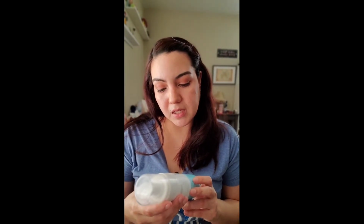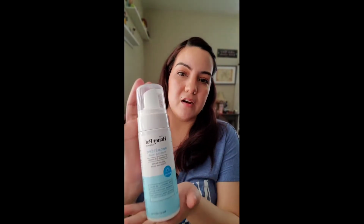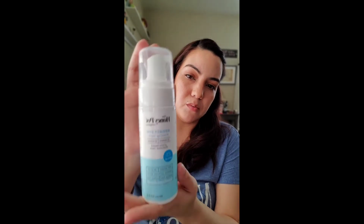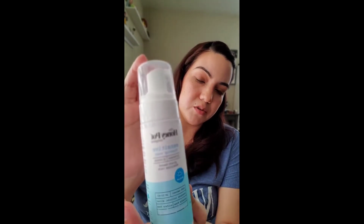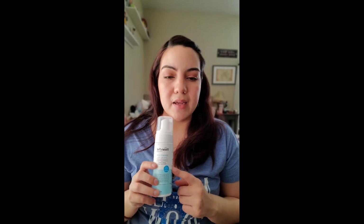Next is the Honey Pot Company Sensitive Wash. This is for your private area. It looks like this, it's the blue bottle one. This was my first time trying this. I like how it didn't have a scent. It was unscented, but